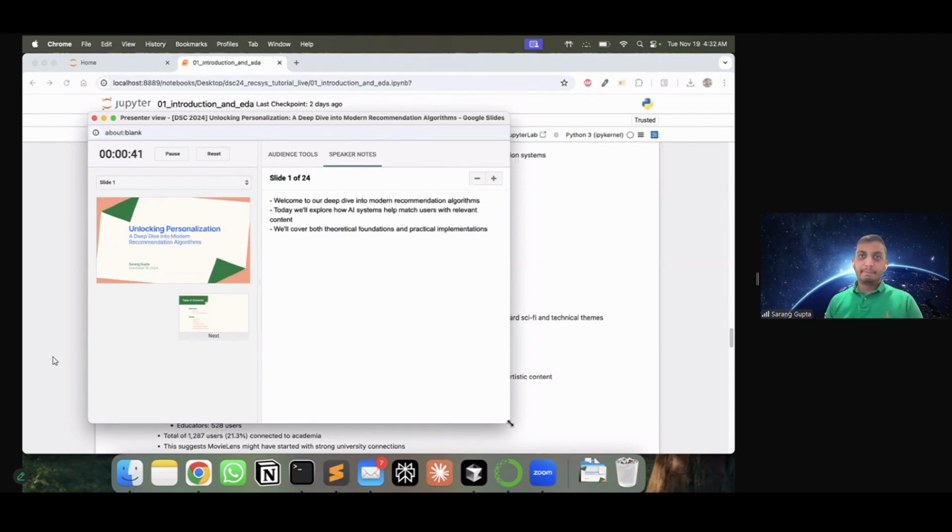I hope that by the end of the tutorial, you have a better idea about how recommendation systems work. And if you want to build those, you can do that for your company or as part